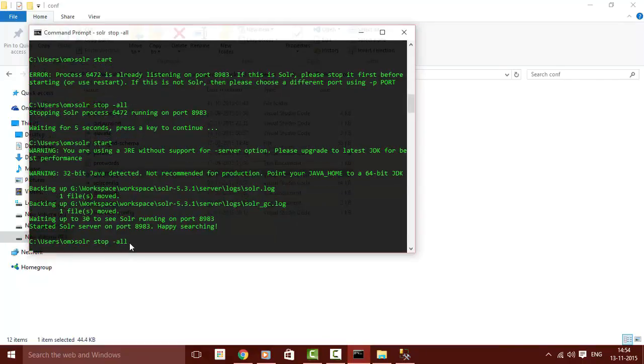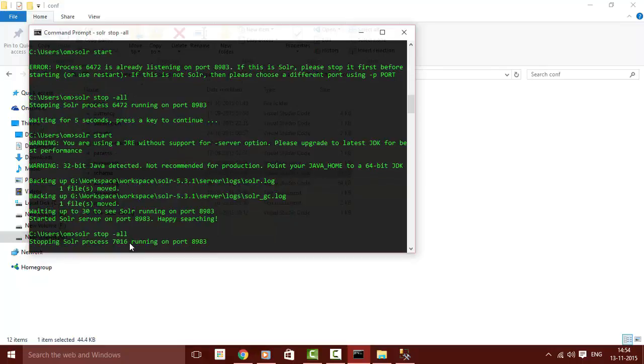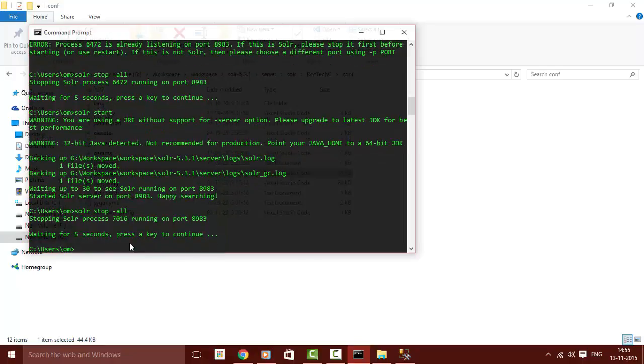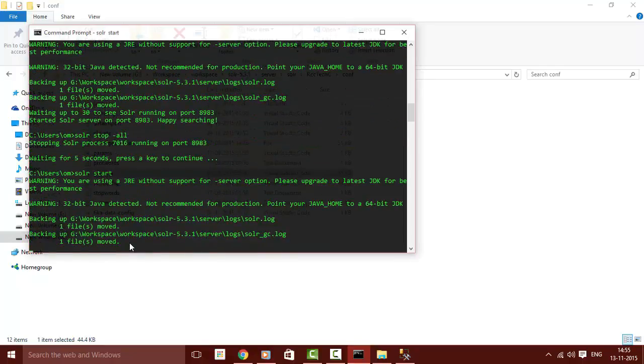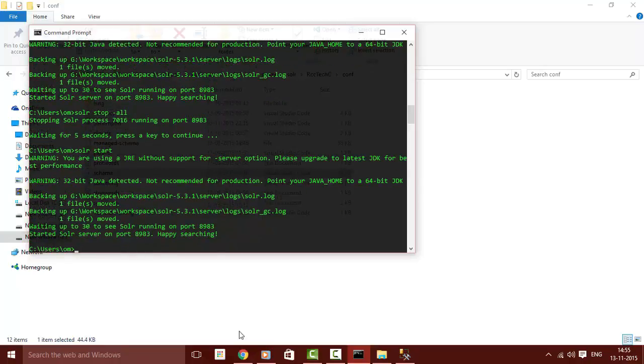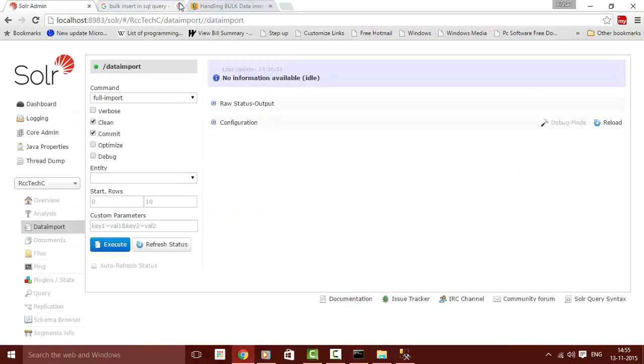Now we will stop our SOLR and restart it again. Now go to the browser, wait for some time, wait for the message to tell you that SOLR has been started. Yes, the SOLR is started. Now you can refresh it again. Click on auto refresh,